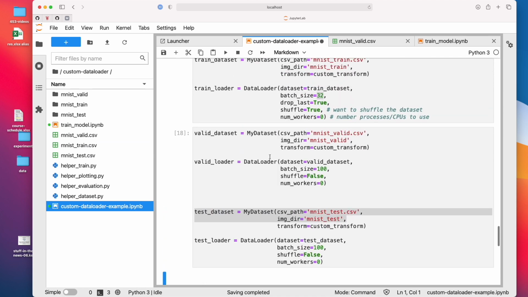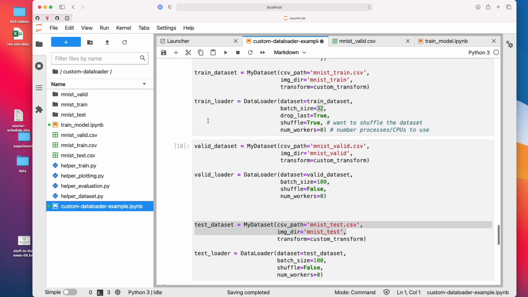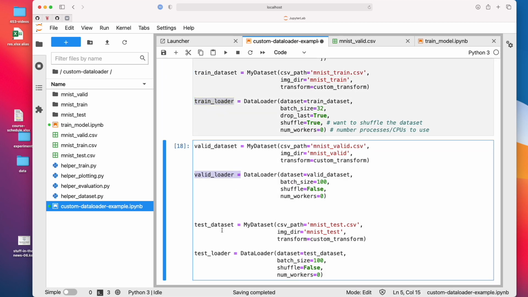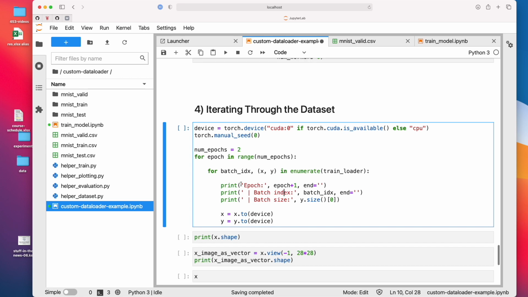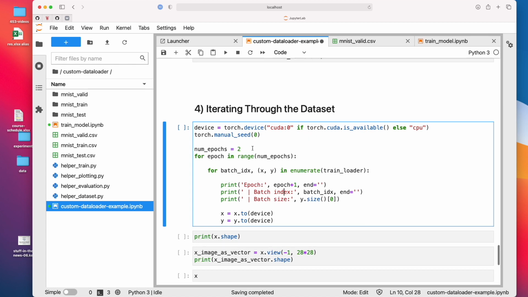So here we are initializing all the data loaders for the training set, for the validation set, and the test set. And here I'm iterating through it to just make sure that it works. So here I'm simulating how we would train a model. So we have, let's say, just 2 epochs, and then we iterate through the batches here. For our training loader, this is actually what you have seen before.